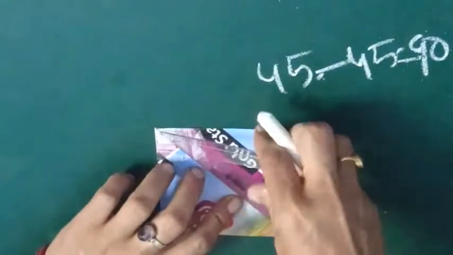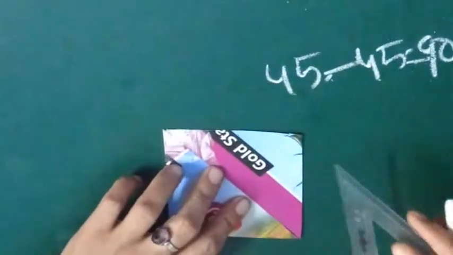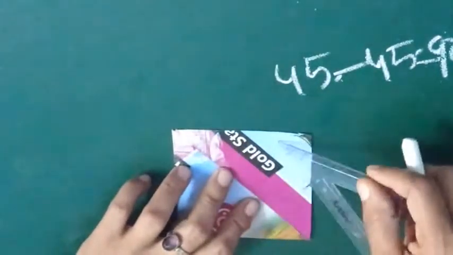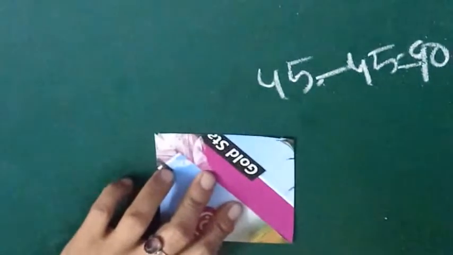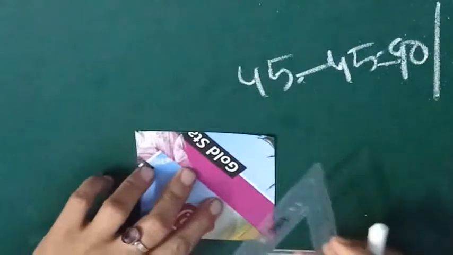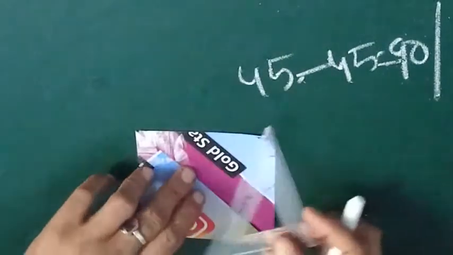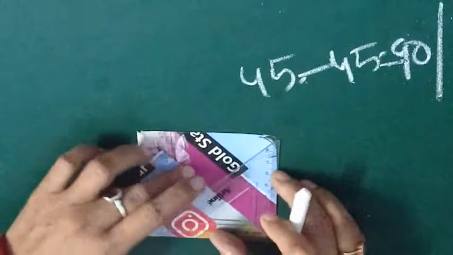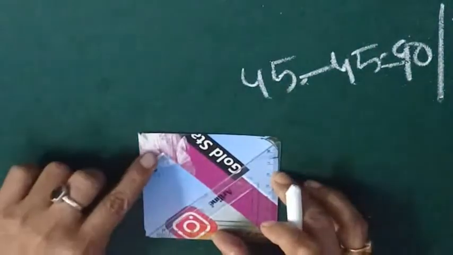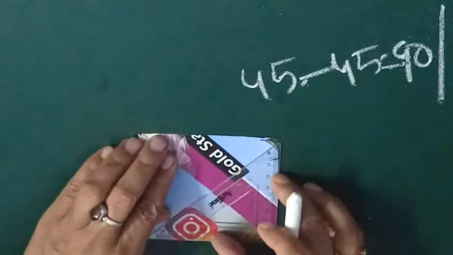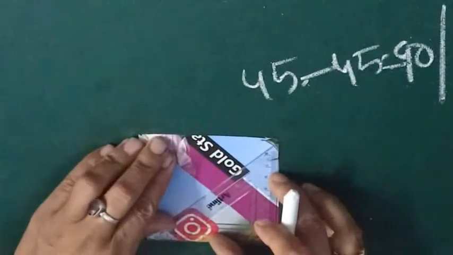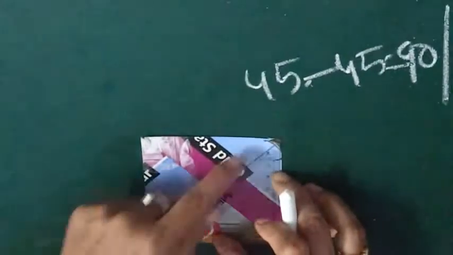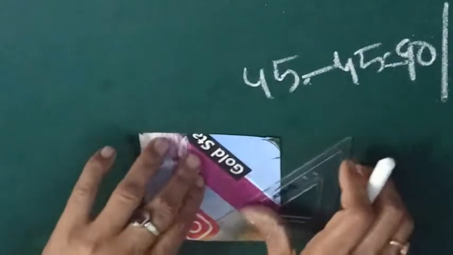So what is the property you have got for a square? All the sides you are getting equal and all the angles you are getting 90 degree. This is the main property for a square. And another thing, the diagonals will also be of equal length. Both of the diagonals will be of the same length. You can see, by the cutting I have shown that, whatever length it was, the other is also the same. If I join the other two vertices, that will also be of the same length.